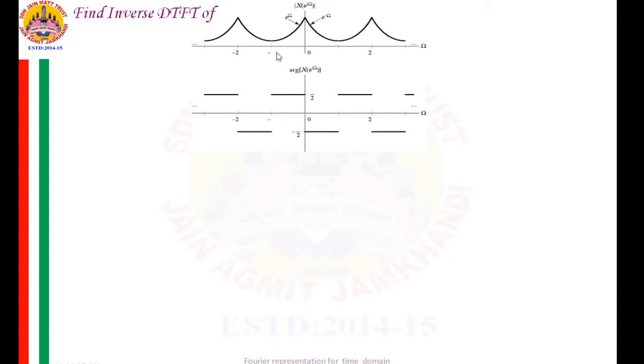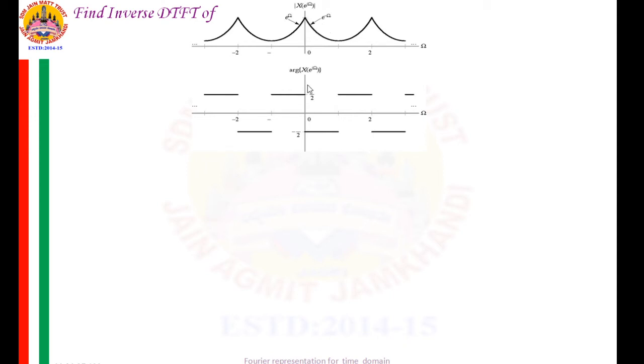So, this is minus pi to plus pi, this is minus 2 pi, this is plus 2 pi, this is again minus pi and this is plus pi, this is pi by 2 and this is minus pi by 2, these amplitudes. Okay. So, what we observe here, magnitude of x of e raised to j omega has amplitude e raised to omega from minus pi to 0, and then from 0 to pi it has amplitude e raised to minus omega,